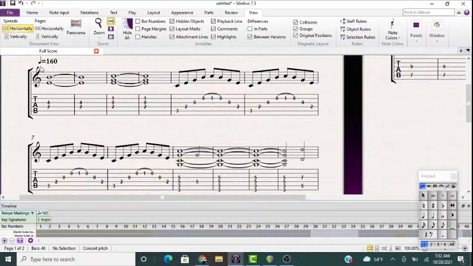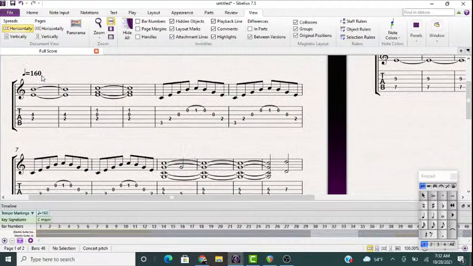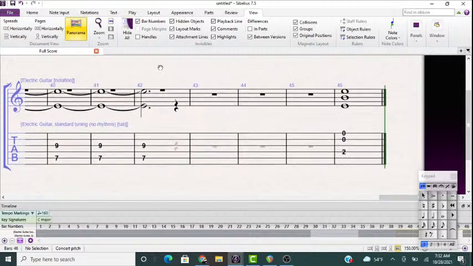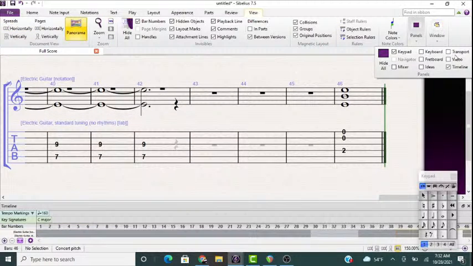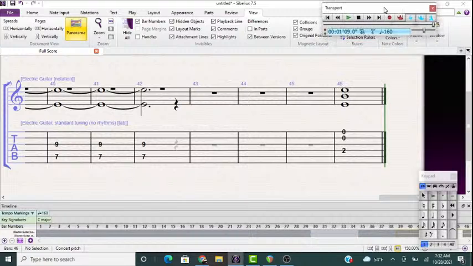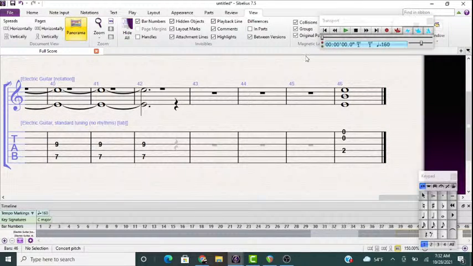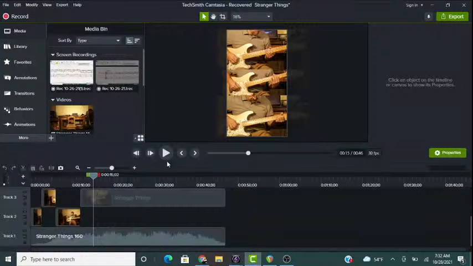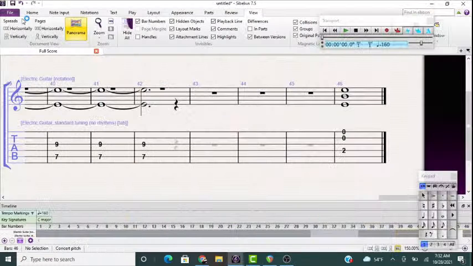So basically, what I do in here is I set the tempo. So this is Stranger Things, so the tempo is set at 160. I turn it to panorama. All right, get the transport up. And then I go back to the beginning. So basically what I would do at this point is hit record right here. I'll just show you. So if I hit record,